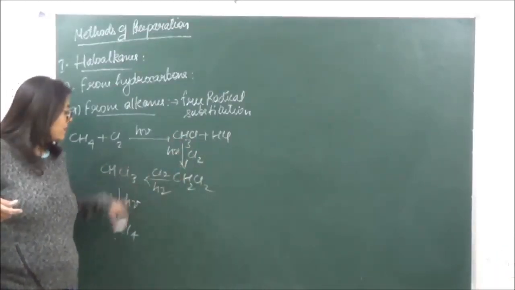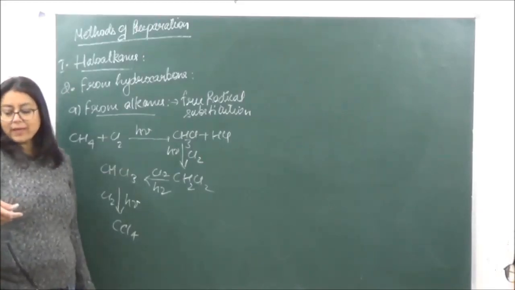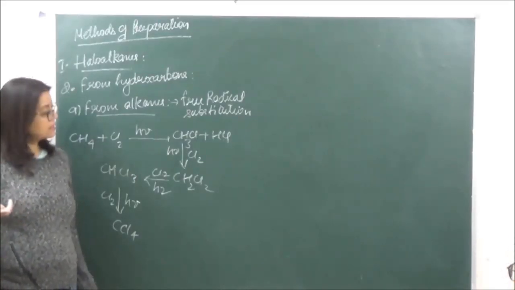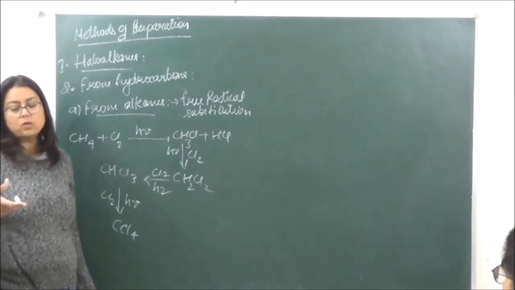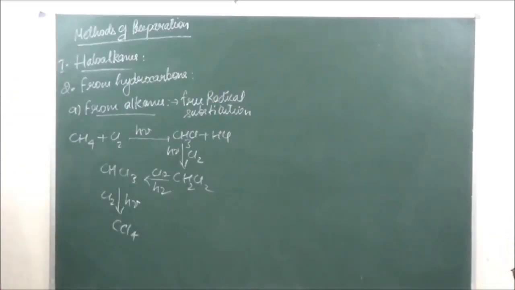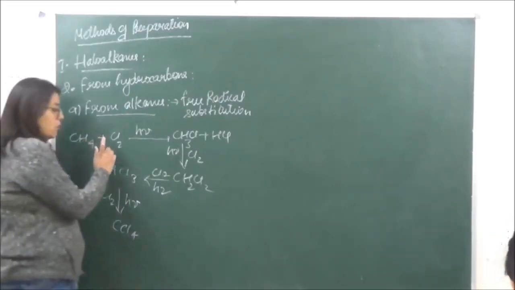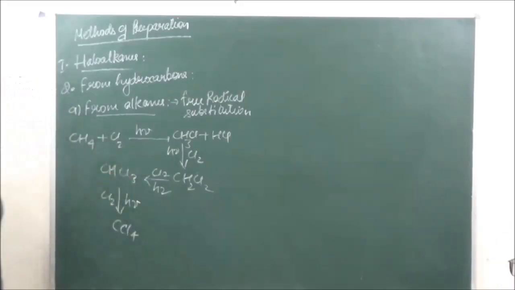Even if there are certain amounts of the rest of them present, that does not matter. Now when pure products are not required, then this process is going to be useful. Okay? Now fluorination, जो होती है इसकी, we can do the chlorination, we can do the bromination, we can also do the iodination by this process, but fluorination cannot take place.